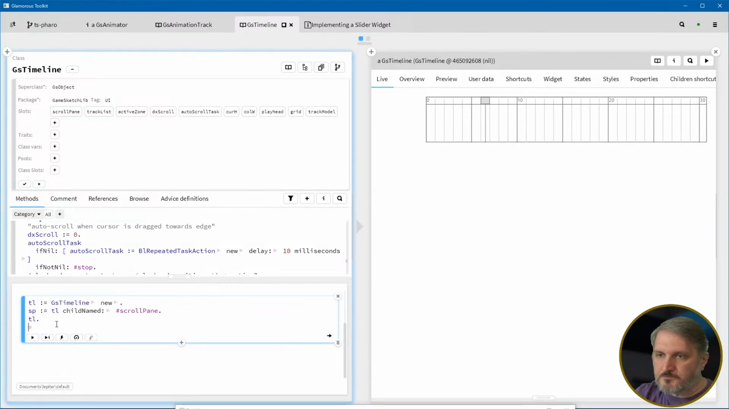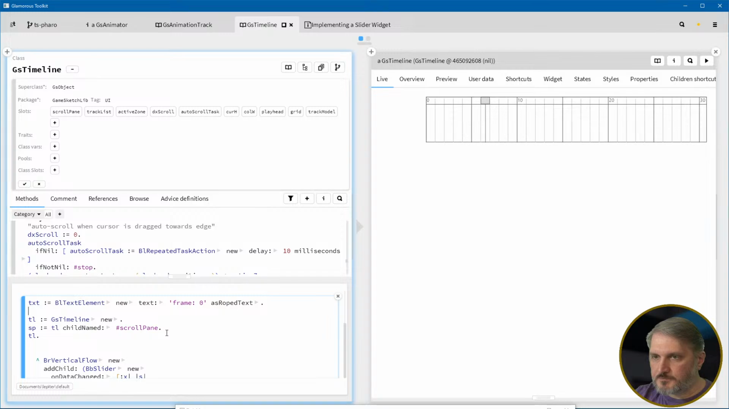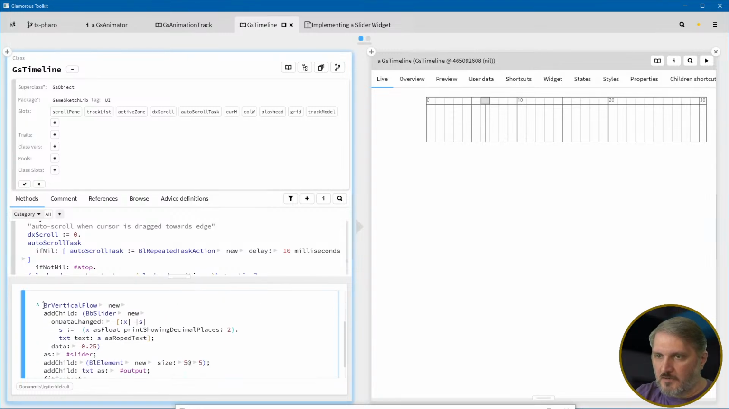So let's do that. So we're going to have this as a frame, how about we say frame 0? Text frame 0. Put that up here. And then we'll just say,